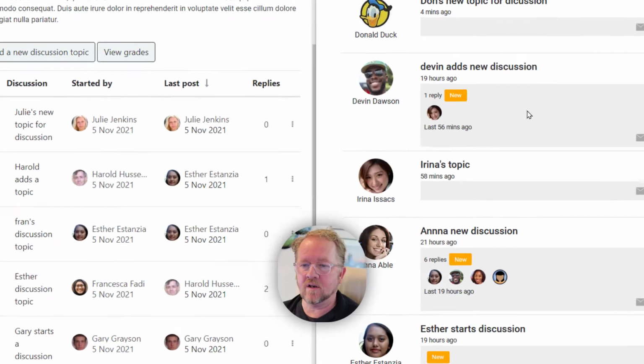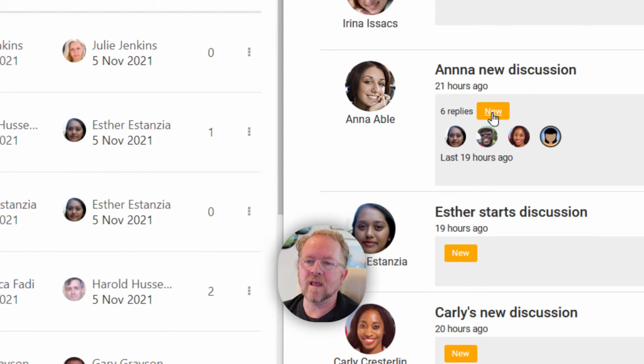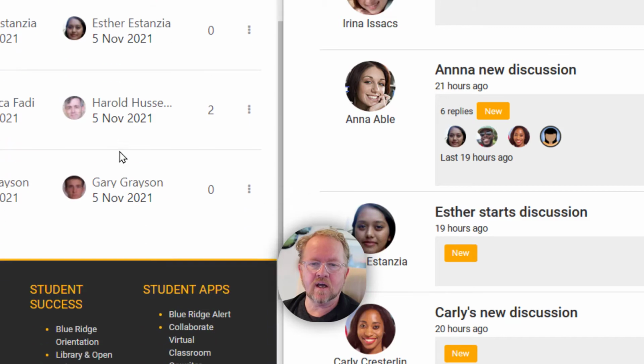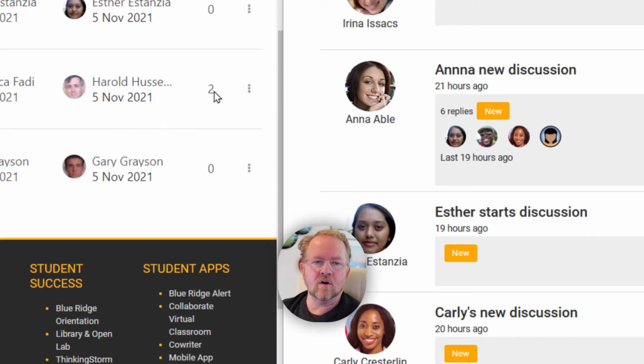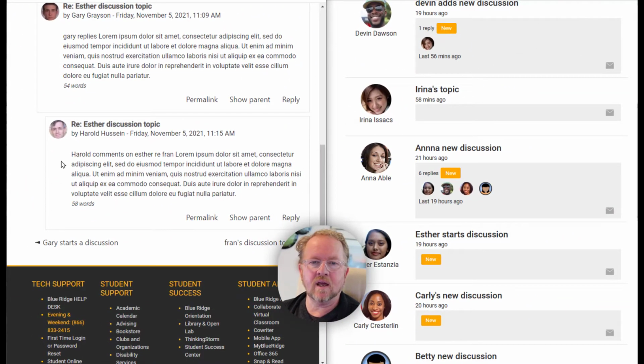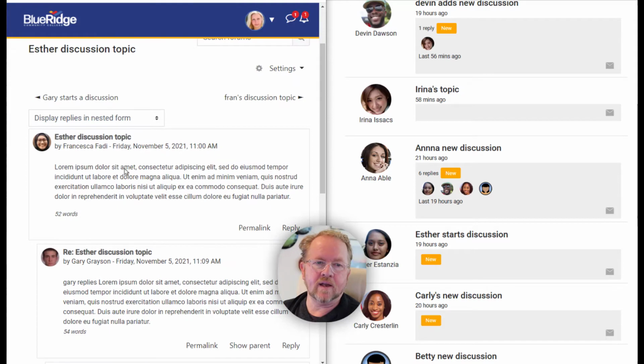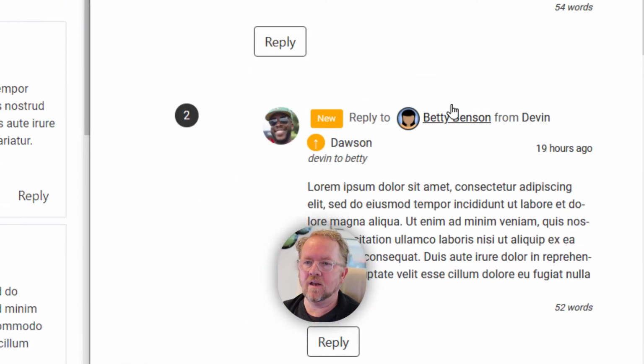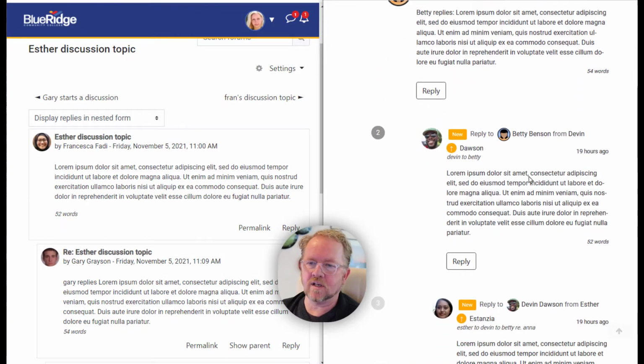However, we can look down here and see who's got some replies. And Anna has 6 replies on this side. It says new, and it says 6 replies. On this side, we see that there are 2 replies here. In order to click into those, we'll just click in right here, and we will see the 2 replies she had, and they can reply to each other, or they can reply to this initial topic that she just started. On this side, we go to new, and you'll see the same kind of layout where they're just slightly indented.